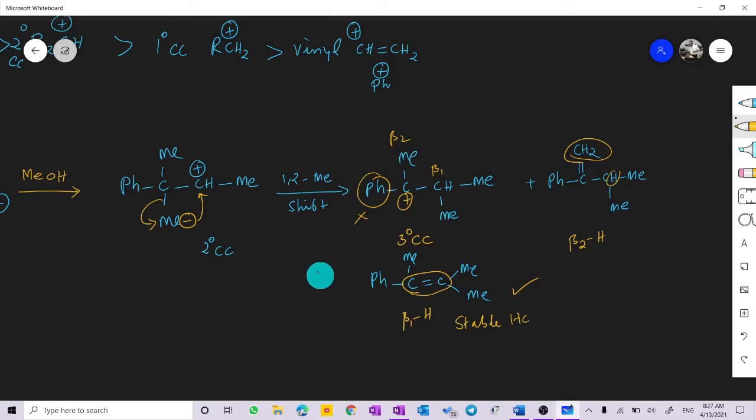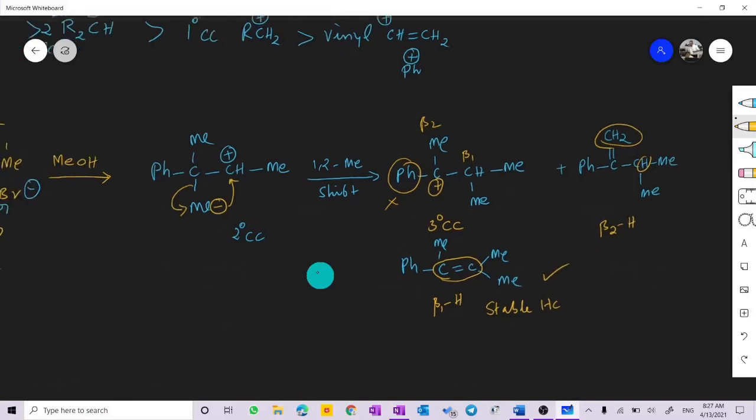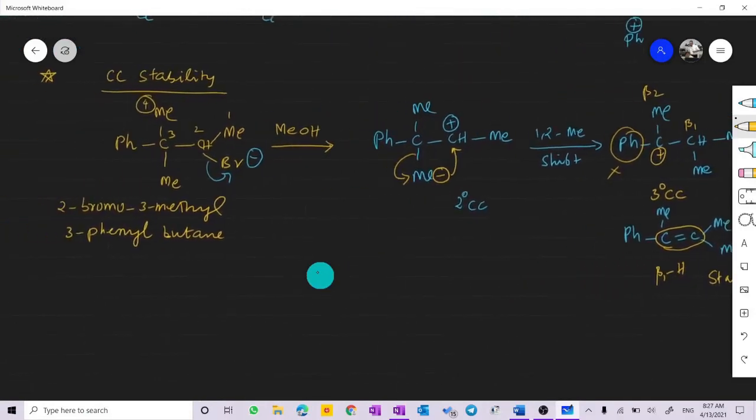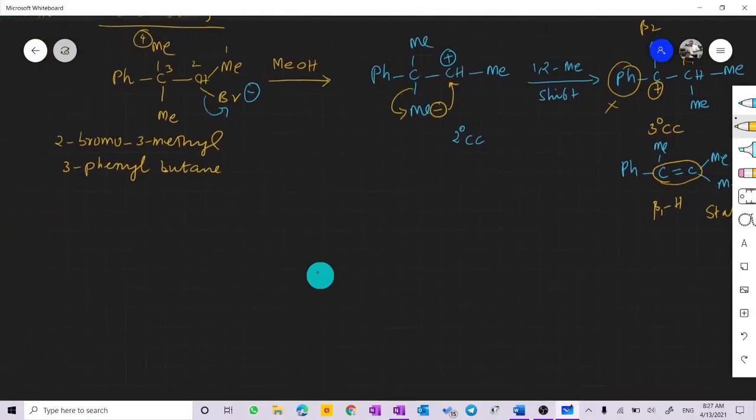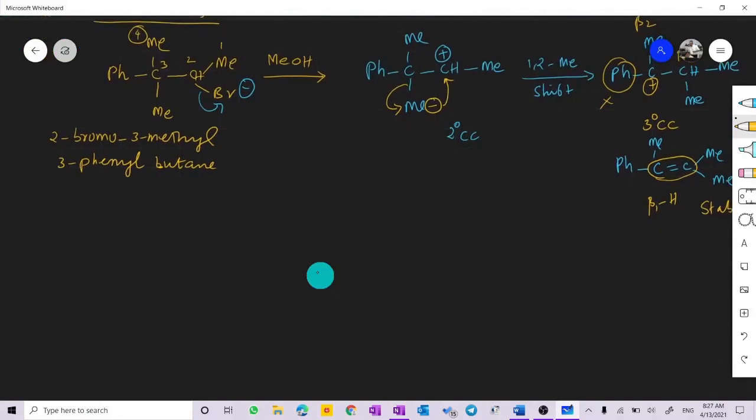Okay, so that is the next aspect of the stabilization of the carbocation. As I told you, I just want you to give an example on how this reaction takes place. So that is the next point regarding the elimination: how does the stabilization of the carbocation play a role in this? And then, as we have seen in the nucleophilic reaction, the leaving group ability, LG. We know that the bulkier the group, the greater is the leaving capacity, and therefore better will be the formation of the carbocation, and therefore better will be the E1 reaction.